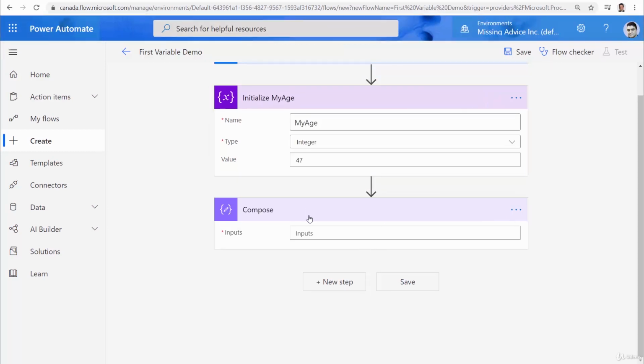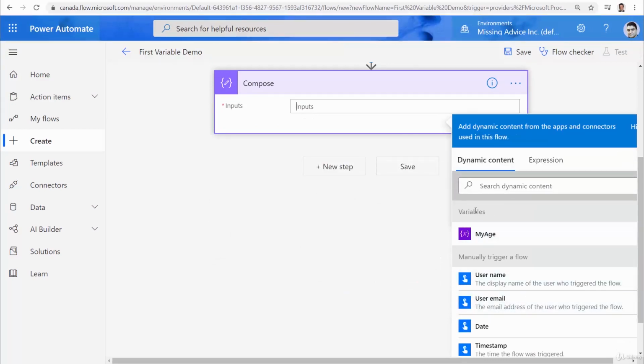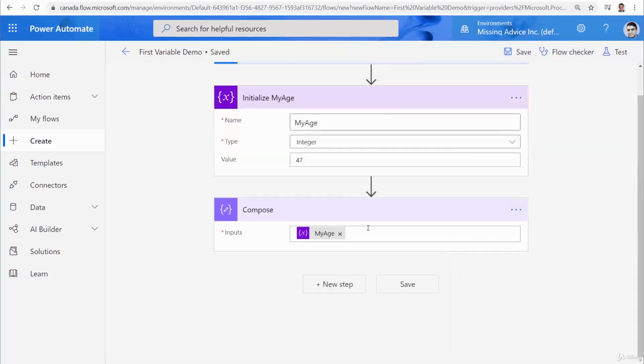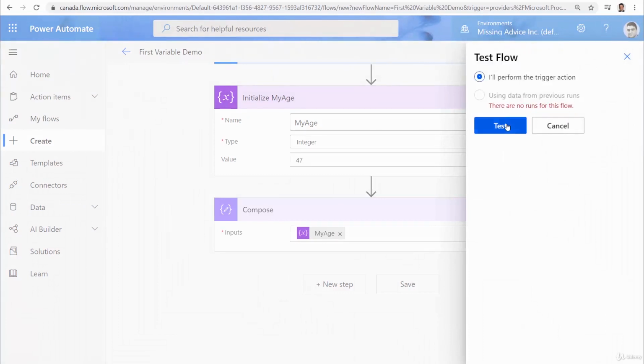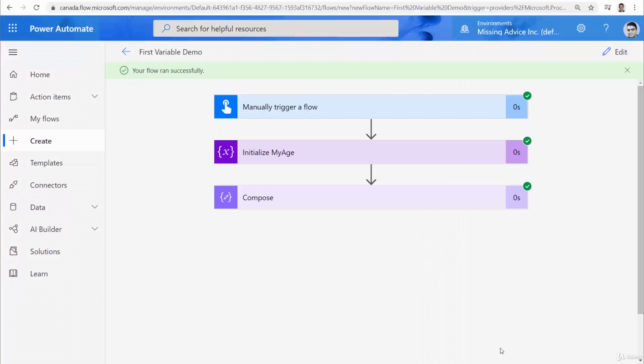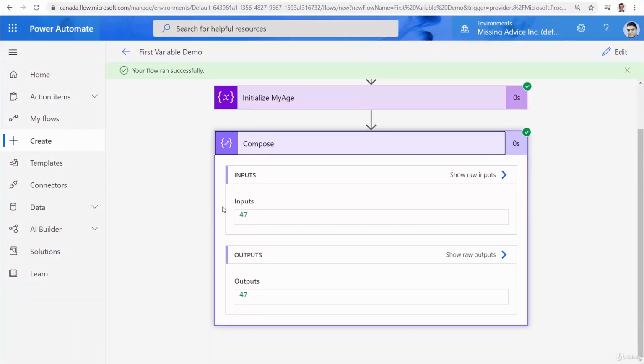And then inside this compose, I want to go under variables and I pick my age. And using compose, we can actually trace it when we run the flow, or we can put it, for example, in an email or send it wherever we want. Not important. So let me just test it and make sure it works. And then we take it from there. Done. And here is the variable that I have, which is 47